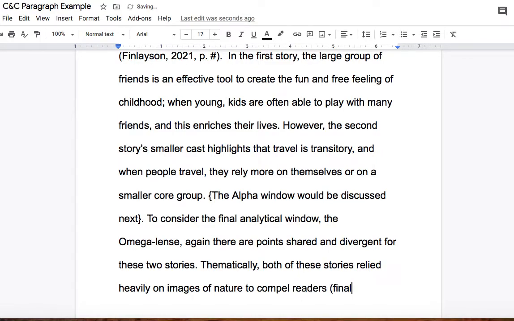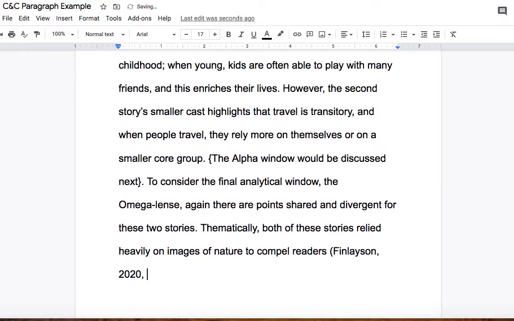And let's take a look at what we'll call a hybridized citation. This is where two citations can live within the same set of brackets by utilizing a semicolon to separate them. And obviously the date of publication being different for the two stories will become the marker or indicator for me. So there you go. Finlayson 2020, that's the river rafting story, and Finlayson 2021, that's the singing bowl story. And so